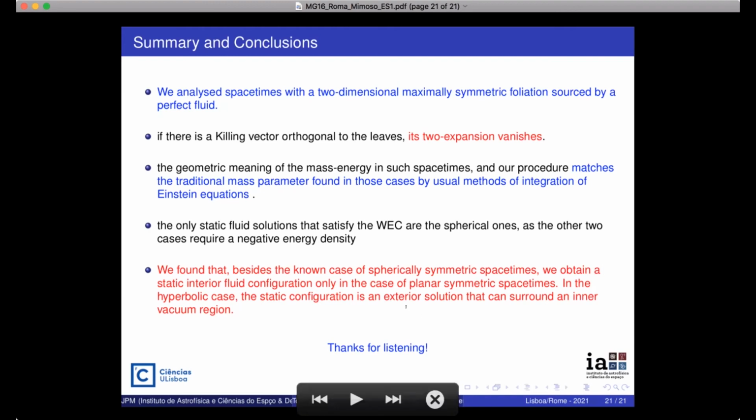when studying wormholes. And if we had considered the Killing vector not to be orthogonal to the leaves, but to be tangent and spatial, we would realize that then we would have Bianchi models, and the corresponding equation, which would generalize the Tolman-Oppenheimer-Volkoff equation, would also involve a violation of the weak and strong energy conditions, and we would only have the extension of the Tolman-Oppenheimer-Volkoff equation for the Killing models, the models with Killing vector parallel to the leaves.